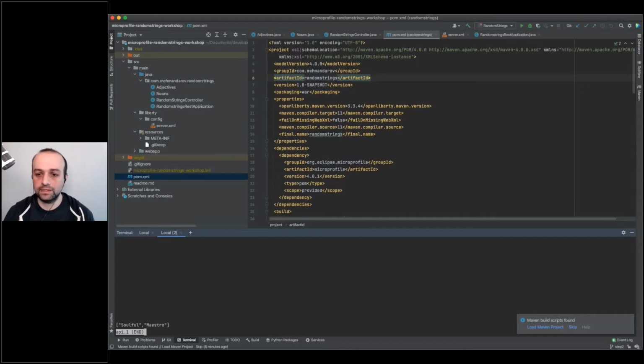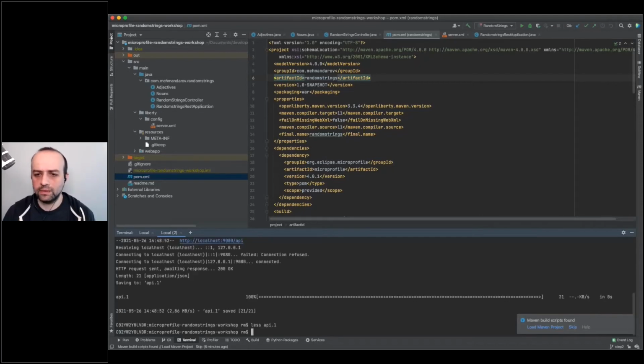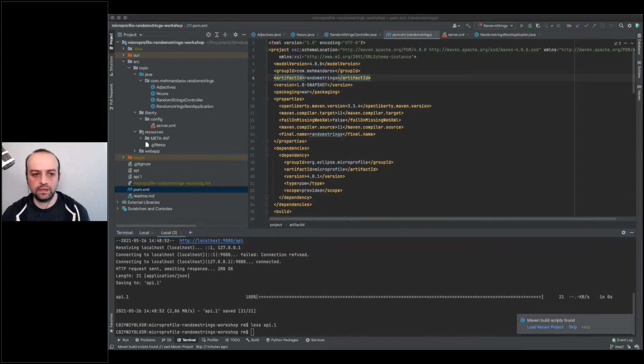Oh, that's nice. All those words are random, so if anything strange comes up, don't blame me. I'm just saying this one was actually nice. Soulful maestro. But anyway, so now it actually works on my machine. I'm not doing a main public static void main and stuff. I'm actually running a tiny little microservice on my machine,